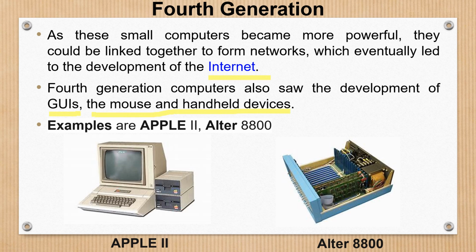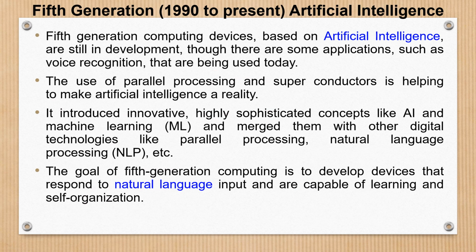Examples of fourth generation computers are the Apple II and the Altair 8800. And you can see here the wiring, the microprocessors, and the memory segments, and you can see these are the integrated circuits and transistors. Now we come to the fifth generation, which is from 1990 to the present, and